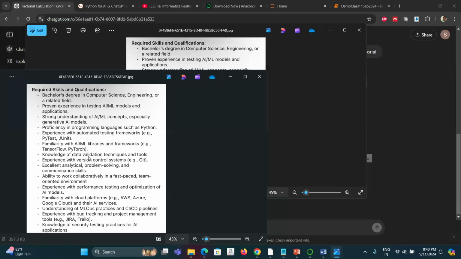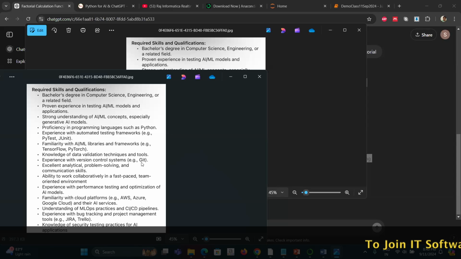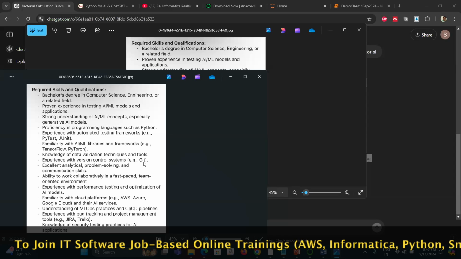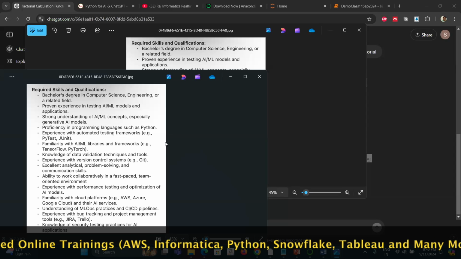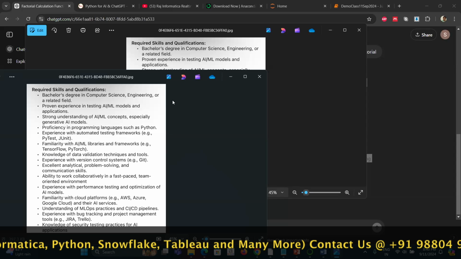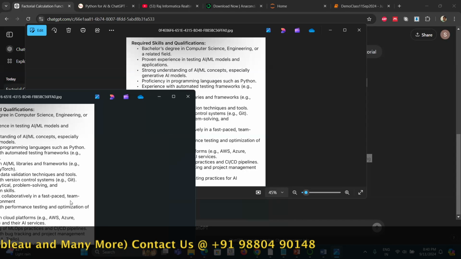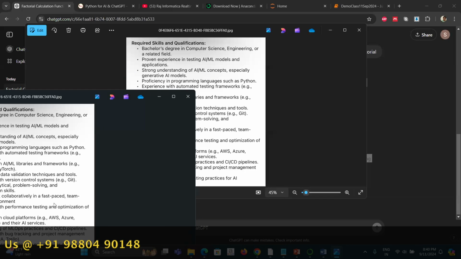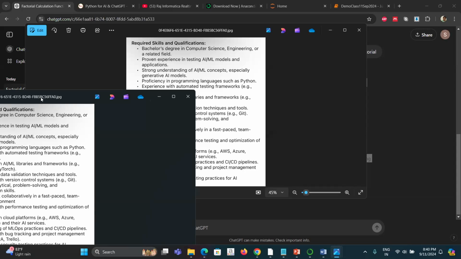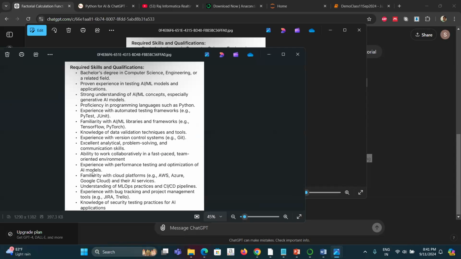Otherwise, knowledge of data validation techniques, yes, we are covering. And GitHub also, as version control. As of now we are not getting into detail, but I'm introducing it to you, and its different versions. It's just basic documentation that you need to go through, and you'll be able to understand this part also. That's not a very complicated thing. When you are creating libraries, different versions are created, and you need to work on that. And of course testing and optimization are the basics of AI models to some extent. Yes, we are going to cover that.